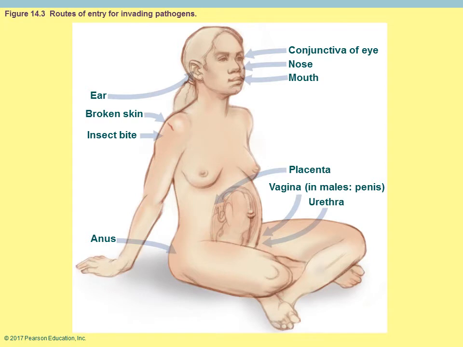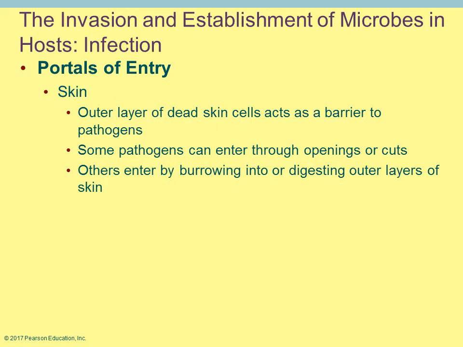Through the skin, as you can see, anytime you have a break in the skin, that's going to allow an opportunity, if the pathogen is there, to be able to enter into the body. Notice, just once again with current events, how many routes of entry there are on the head: through the ear, through the eye, through the nose, through the mouth. This is part of the reason why right now they are saying, please, I know it's very tough, but try not to touch your face. You don't realize how often you touch your face till they tell you not to.